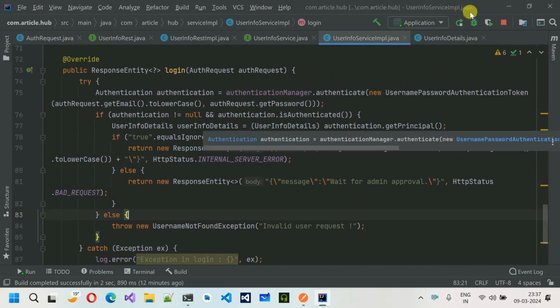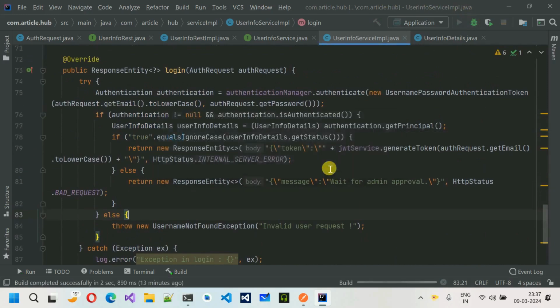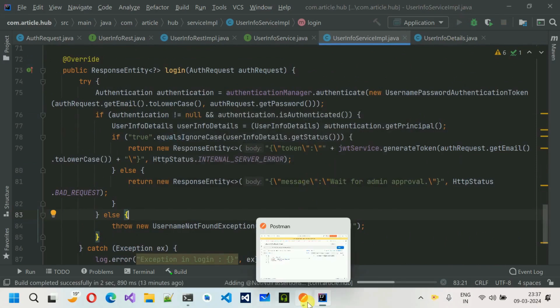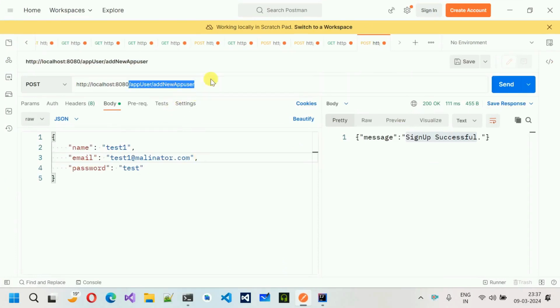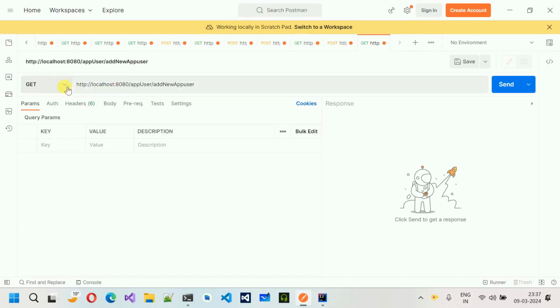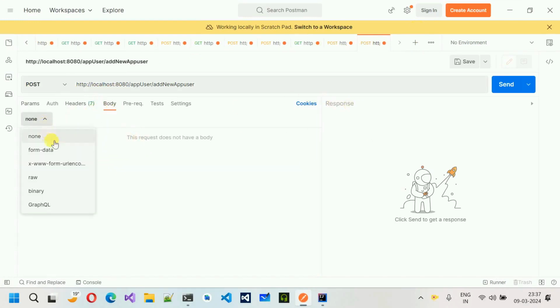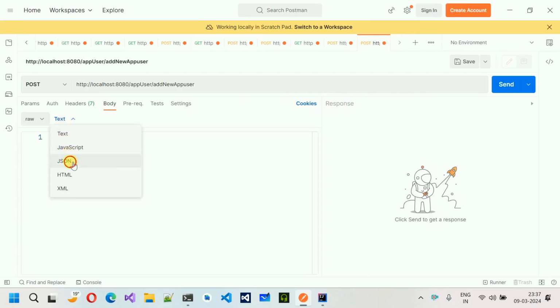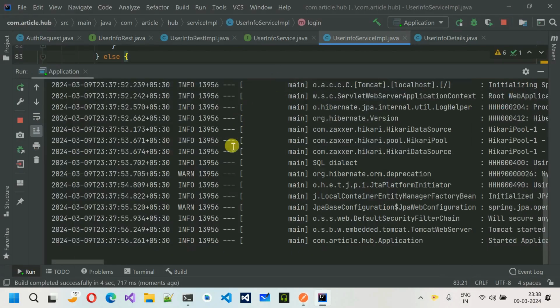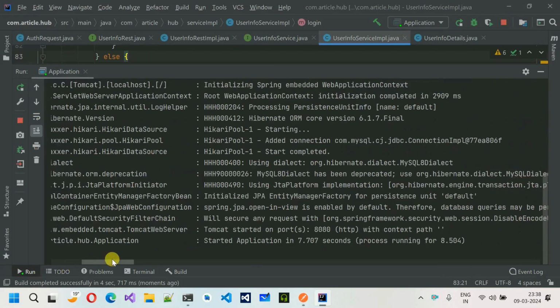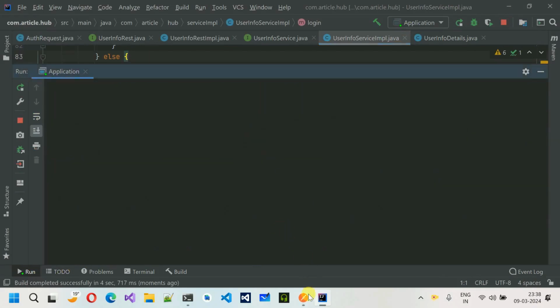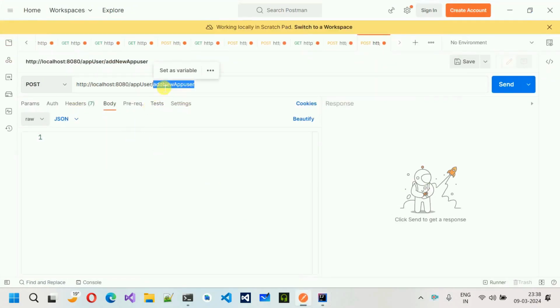So let's quickly restart our application and let's check the login part with the username and password. So I started the application and let's quickly copy this one and paste it over here. Change this one to Postman body and change to raw. Select JSON, minimize it, and our application is up on port 8080. Let me just clear this. Move back over here. Change this one to login,